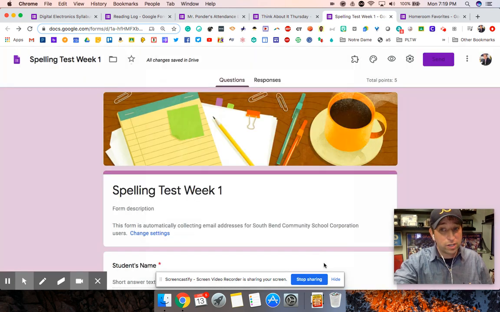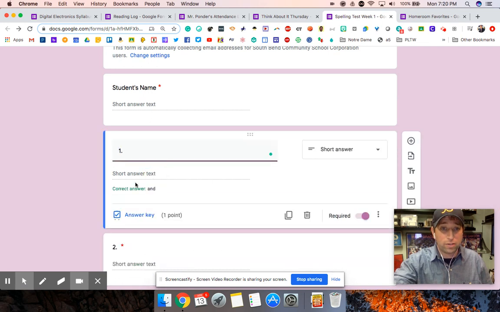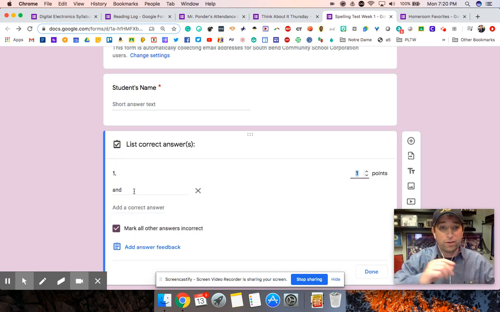I do suggest that you load the answers in here before you send this to the students, because then it just makes it a little bit easier to grade. So you simply hit answer key, and then you write your answers in here. So in this case, my first word that the students are going to do is "and." You can do this with